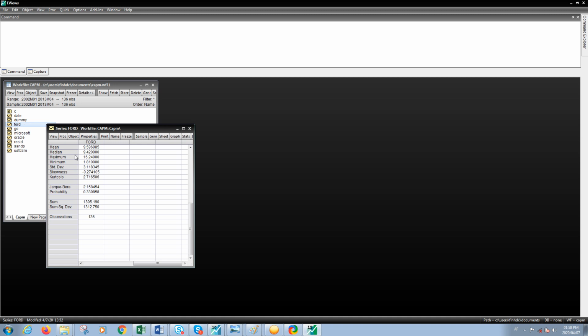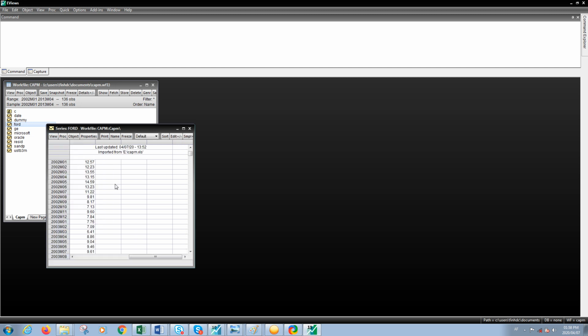that series. Now the previous thing that you did in this series was to calculate the descriptive statistics, so you need to go back, go to view, spreadsheet, then you're back at where you should be, and now you can go and plot the graph. You can go to, in actual fact you could have done it directly, but anyway, you can go within your series, you go to view, graph,